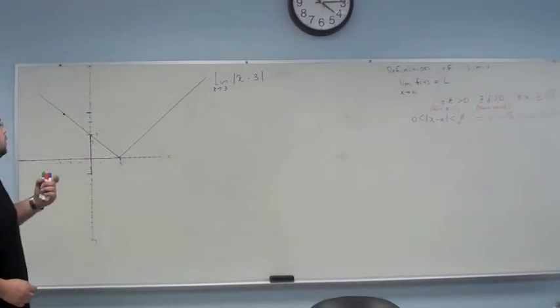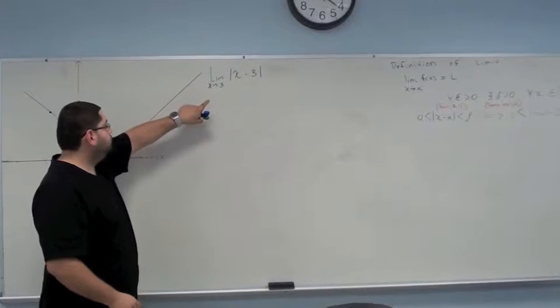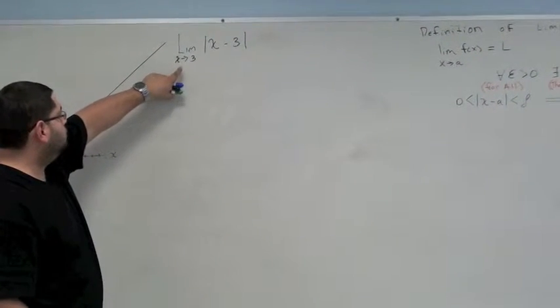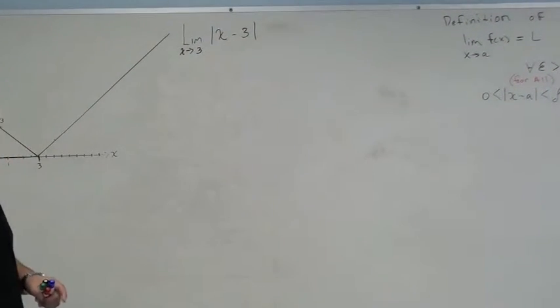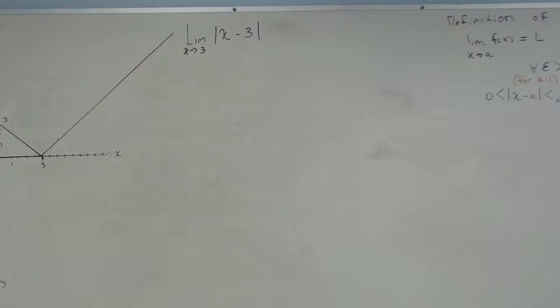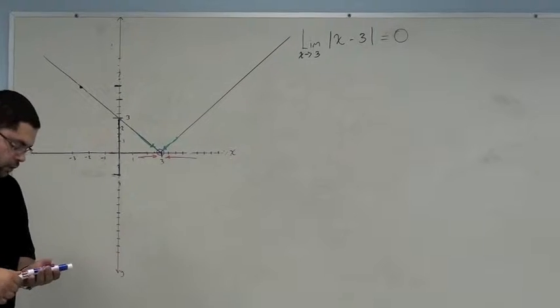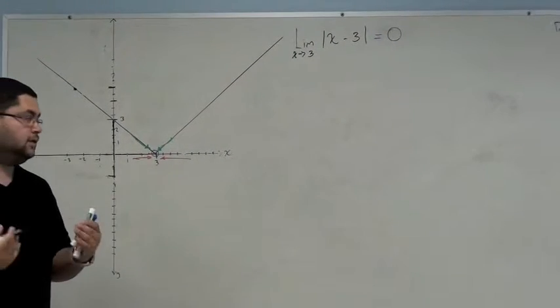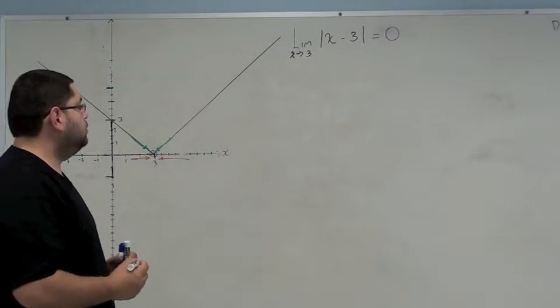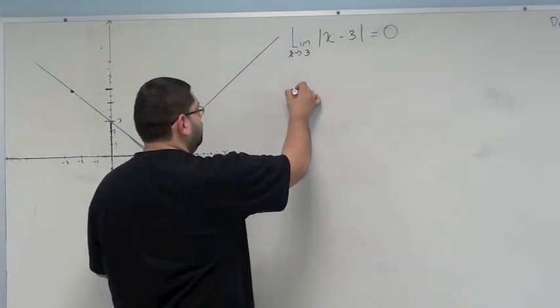I'm gonna work with the limit when x goes to 3 of the absolute value of x minus 3. Now, we can work this in an analytical way, and we can use the definition of the absolute value